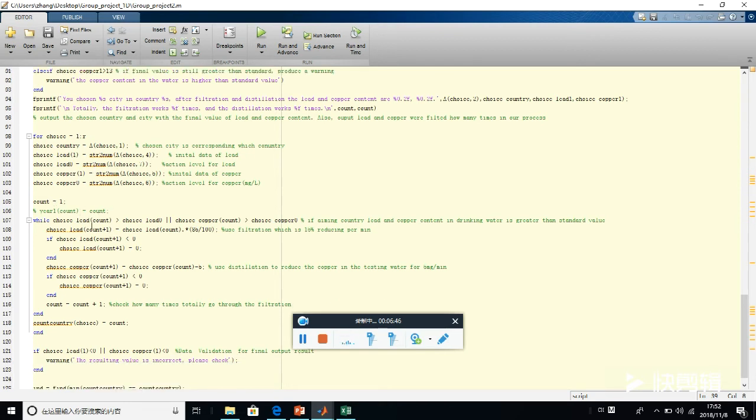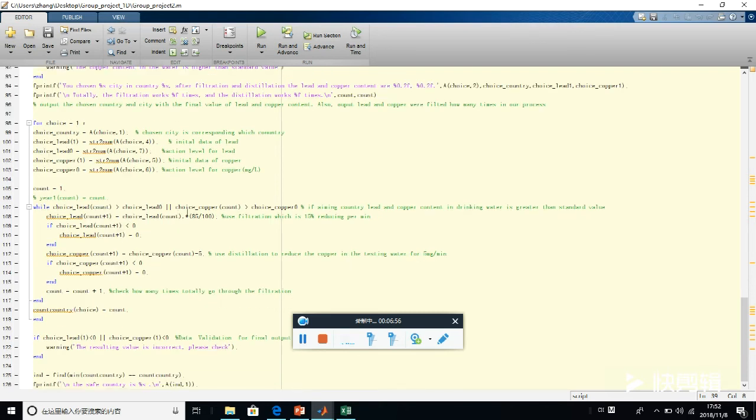And we do the count again, to see if it's not below the standard value, how many times should we run our process again? And we do another while loop. Basically, it's the same thing as above,